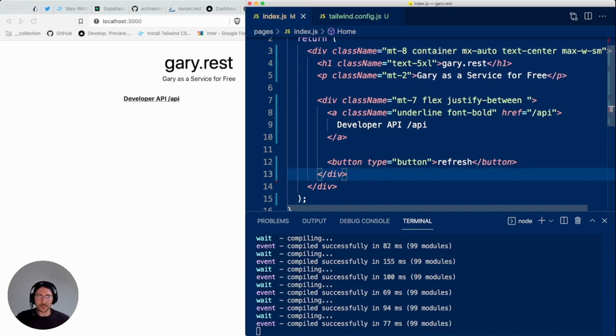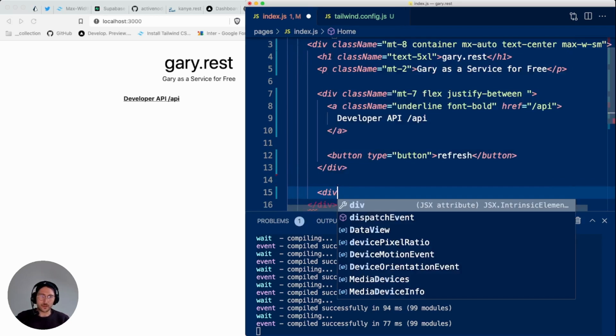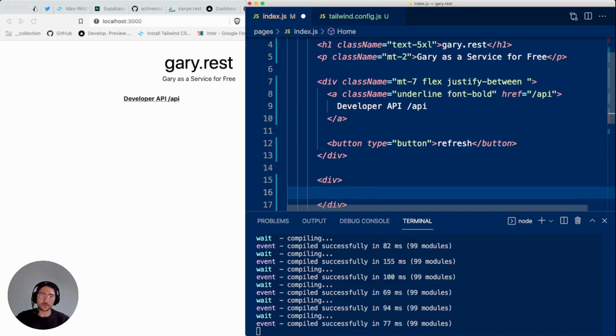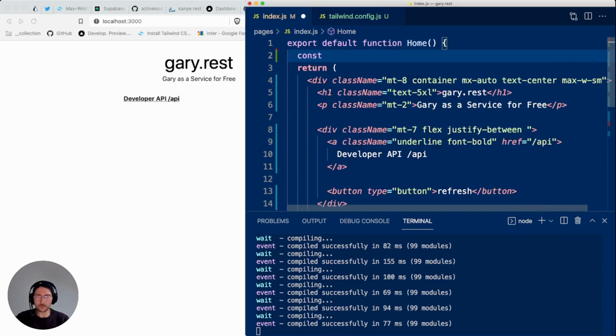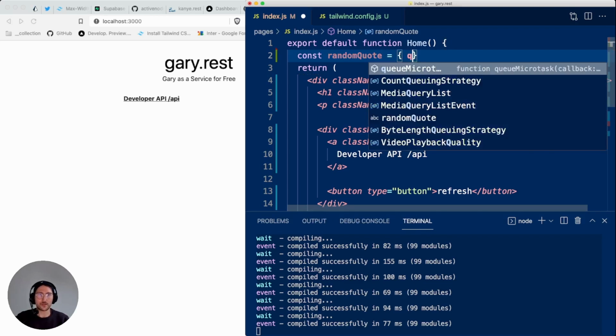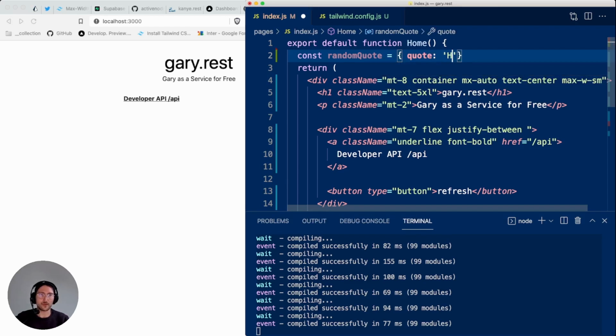Okay, so what's missing is the container that actually contains a quote. And we want to use the pre tag such that we have proper formatting. And then we create a variable, randomQuote, which actually contains an object which says, hey, I am a quote.